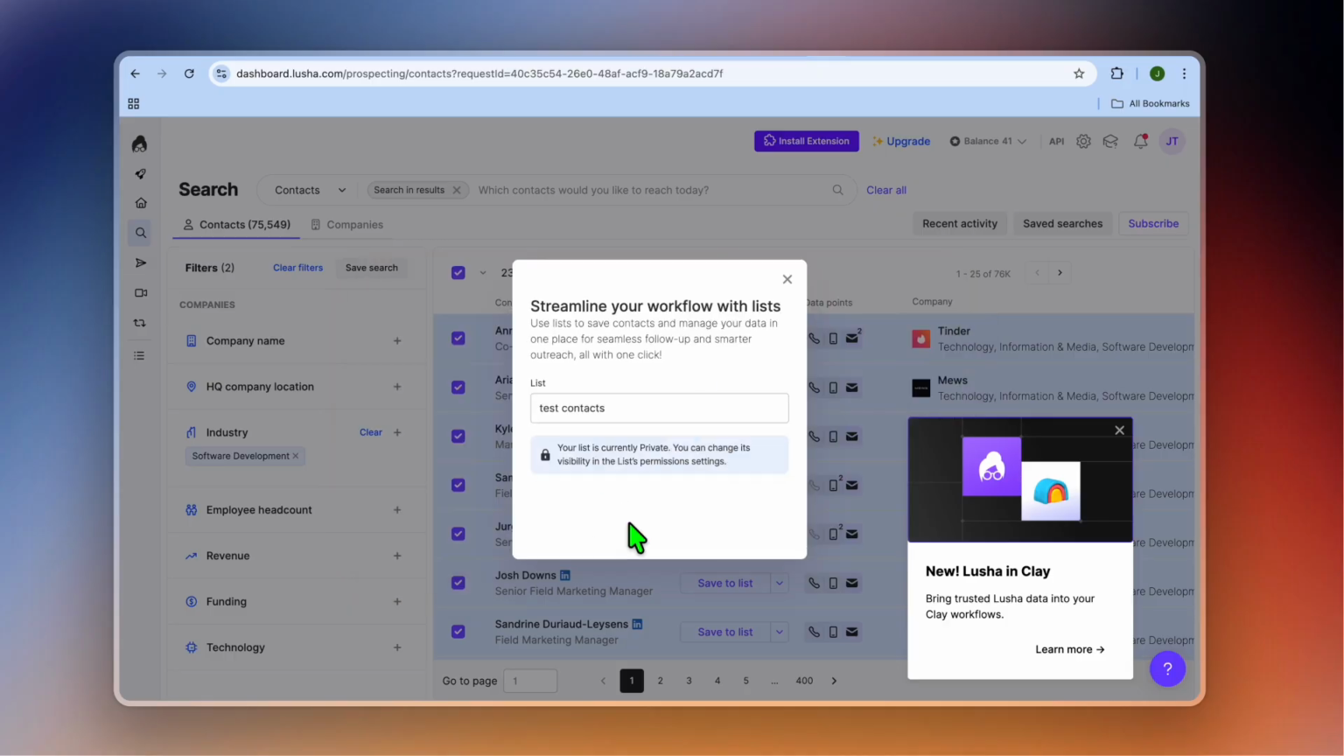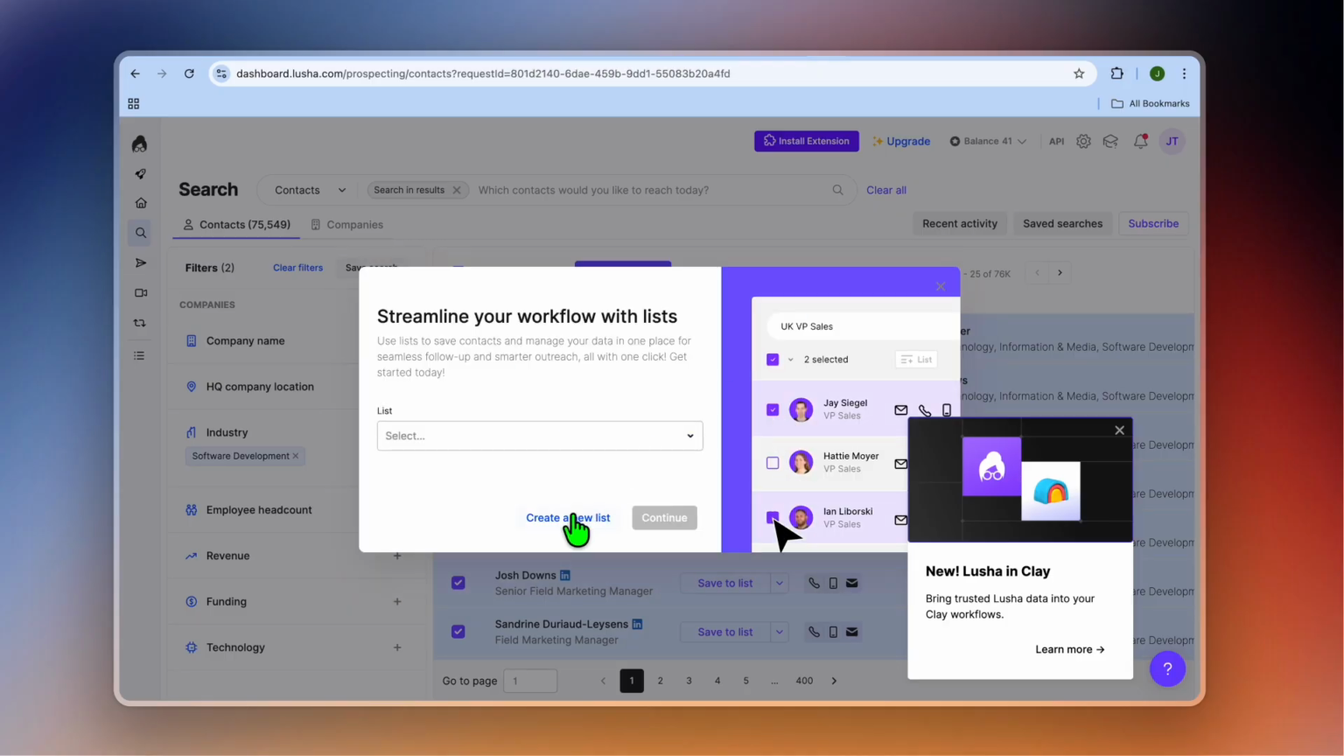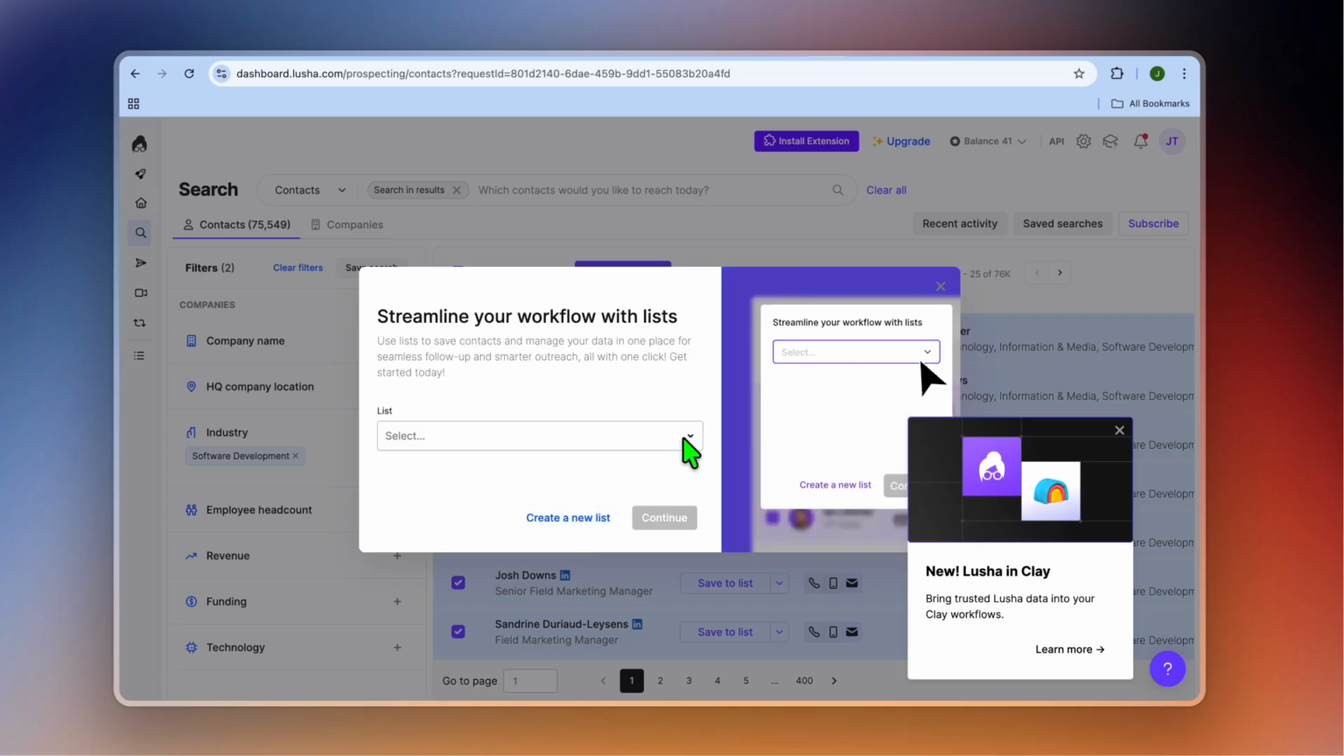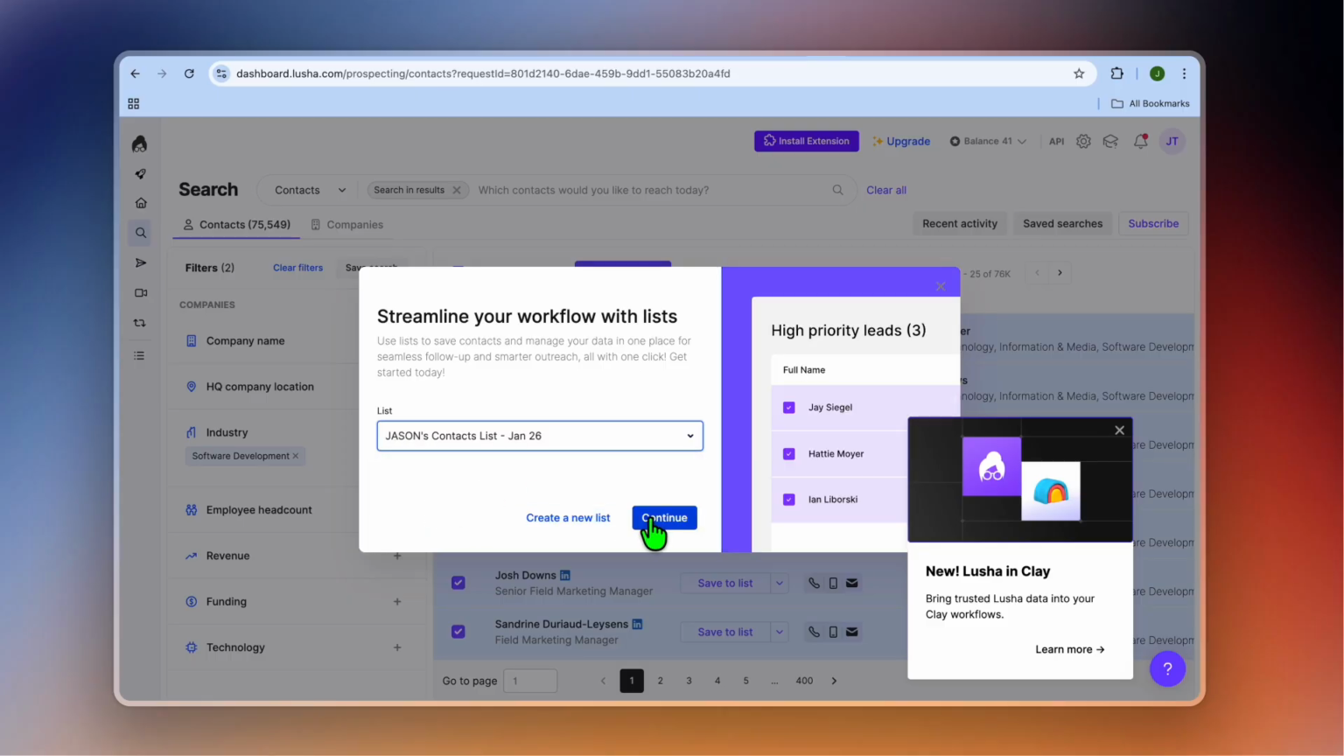Then we'll tap on create and save. Once you have selected add to list, you could create a new list by tapping on create a new list right here, and you'll be able to save it. I've created a list already, so I'll simply tap on the list name, then we'll tap on continue to save